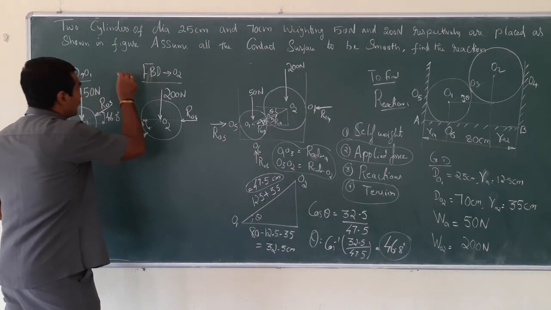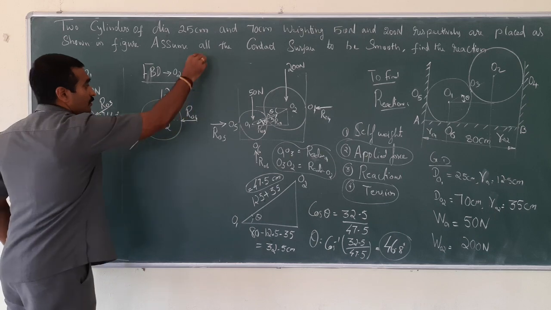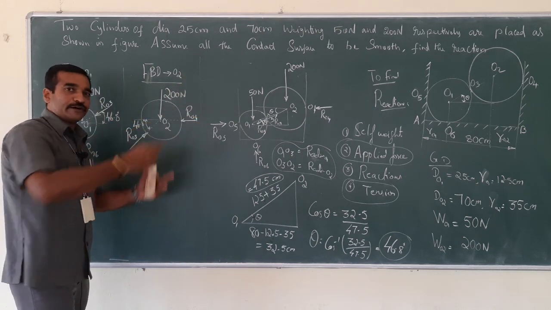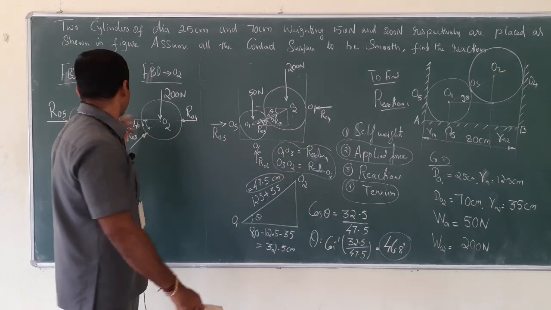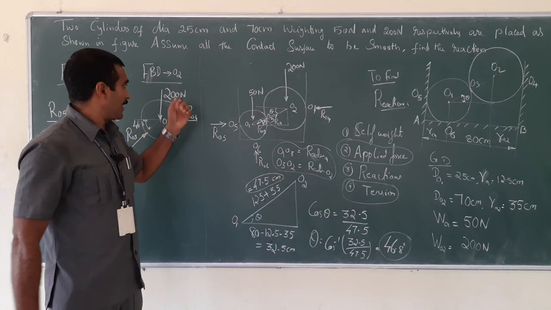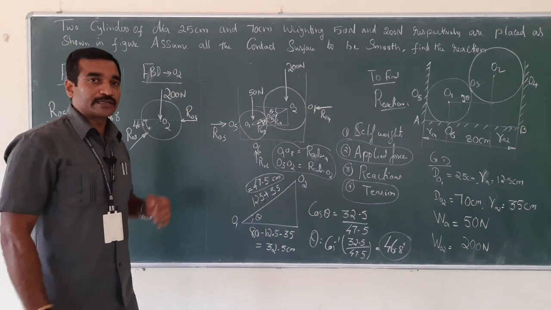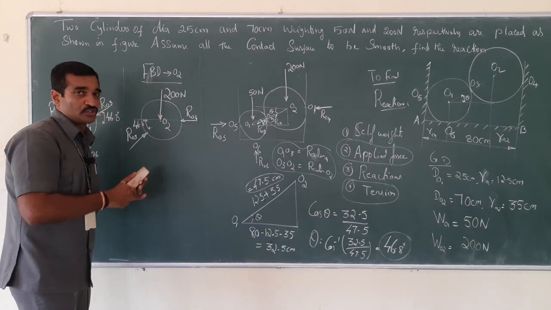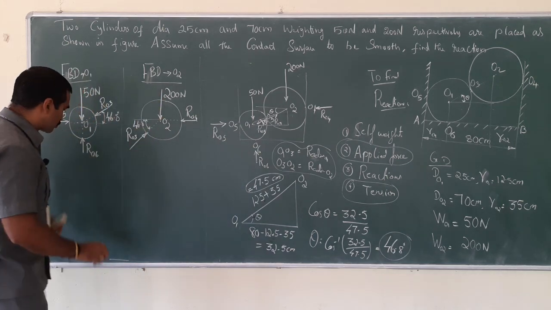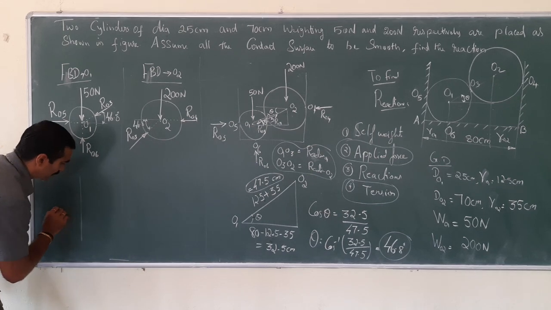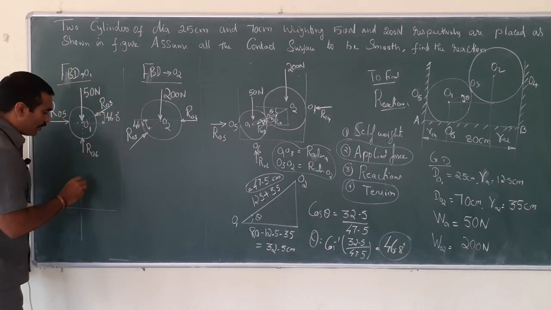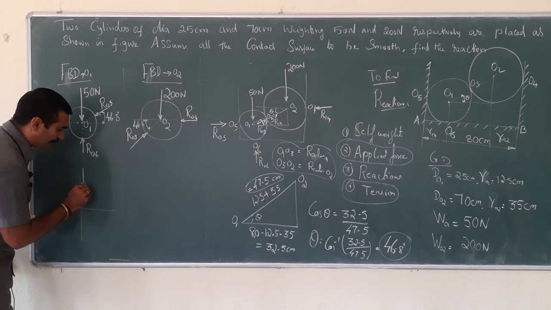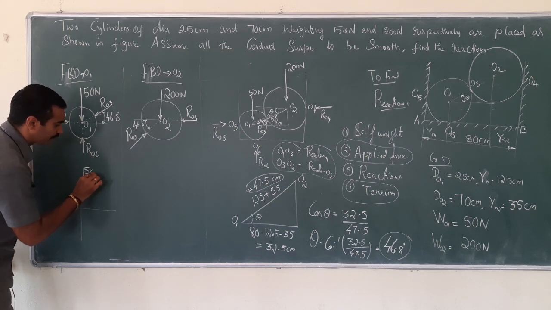Now let me just draw the resolution force diagram here in order to calculate further, that is to resolve the horizontal forces and vertical forces for both cylinder 1 and cylinder 2. You just observe carefully how I am going to proceed. This one I am just going to draw in this manner. Right. So look at here, this one weight will act vertically downwards of 50 Newton.